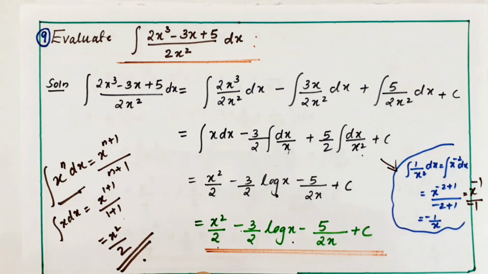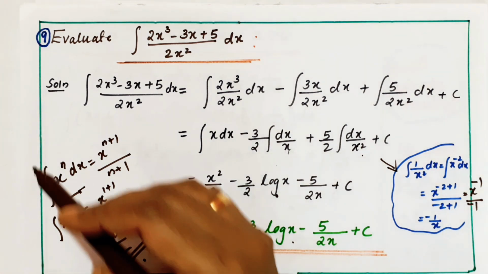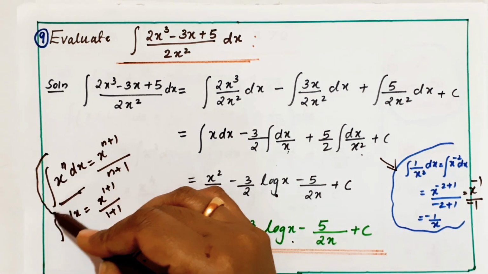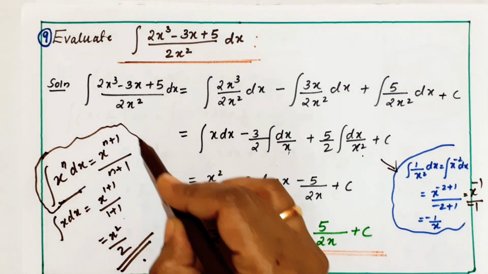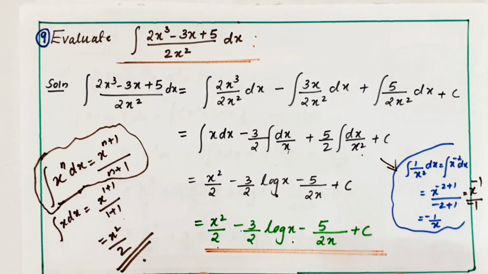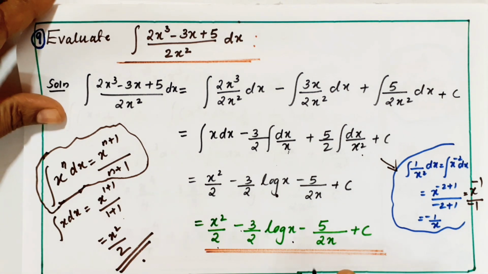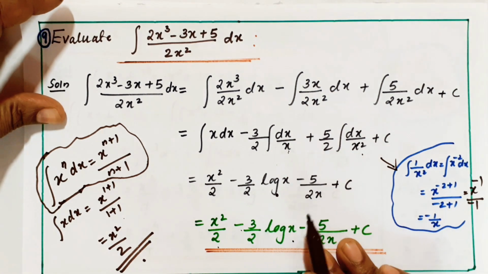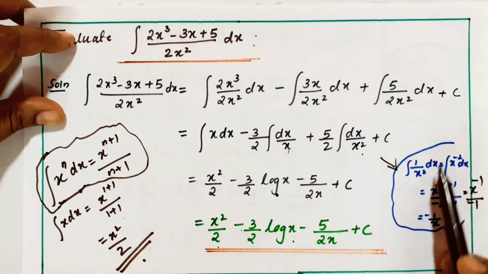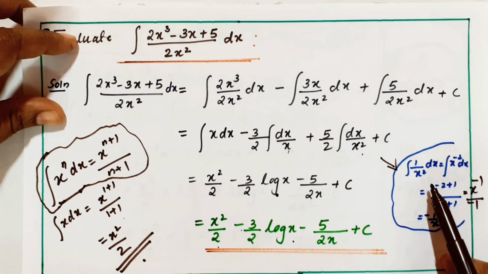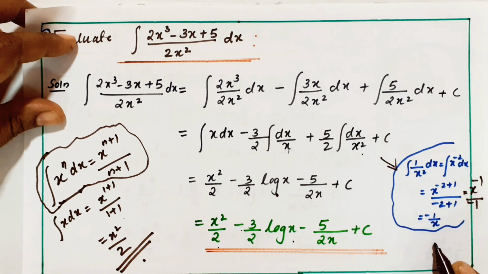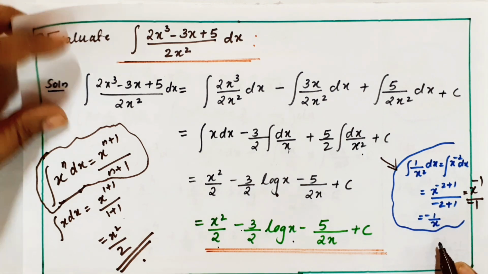Clear? So in this there are no trigonometric ratios and all. We have written with the variables only. So remember the basic standard formula of integration: integral of x power n dx is x power n plus 1 by n plus 1. Clear? Another result you should remember is the integral of dx by x, which is log x. And another is the integral of 1 by x square dx, which is minus 1 by x. Clear? Next.